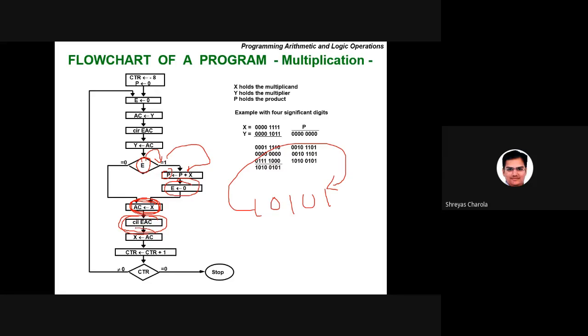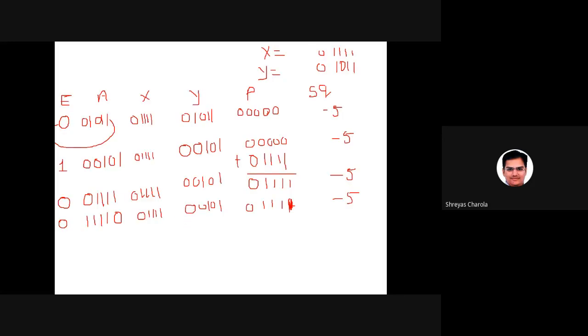What I need to do, again I need to store the content of accumulator into X. So this value has been overwritten with 1, 1, 1, 0. Again I am writing the final. So 0, 1, 1, 1, 1, 0, 1, 1, 1, 0, 0, 0, 1, 0, 1, 0, 1, 1, 1, 1 and the sequence counter is -5.